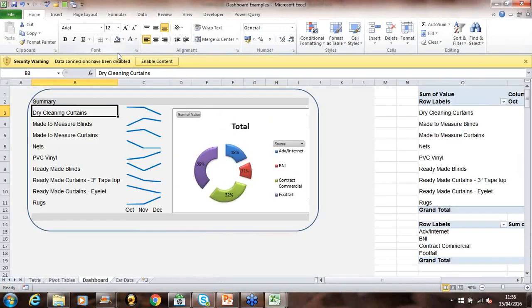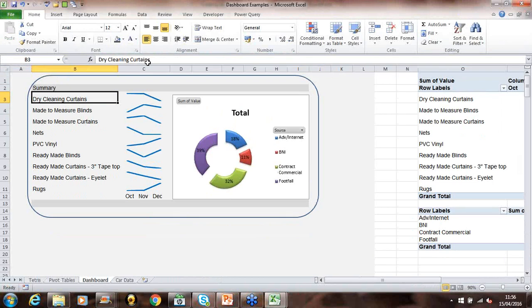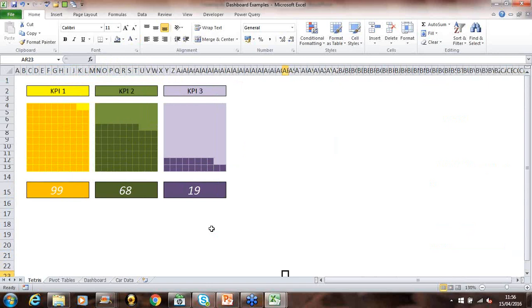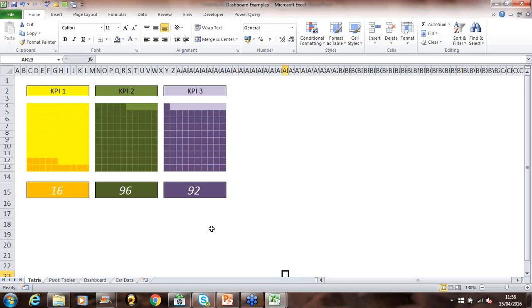Don't limit yourself to what I've shown you today. Try different things. There's loads of ways in which you can actually use these kinds of dashboards. I'm not actually sure what you'd call these, so I call them Tetris, but I think they're useful. I saw these at a Microsoft exhibition. I'm sure they won't mind me sharing this with you, but they're really, really useful as a great way of